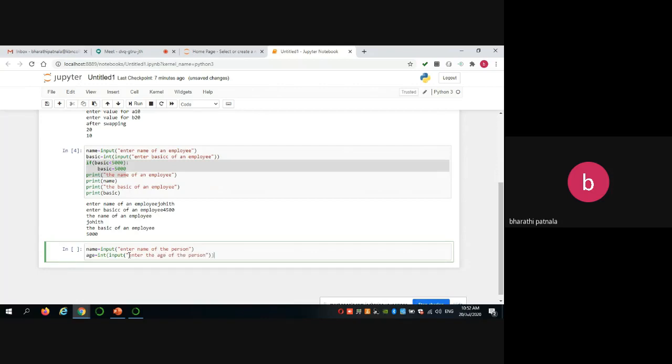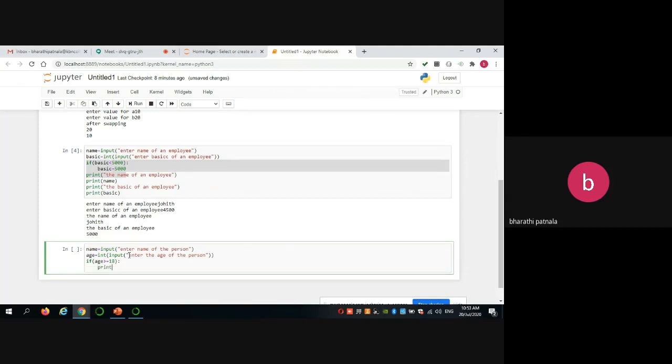Once you read the age, check whether this age is greater than or equals to 18 and give a colon.